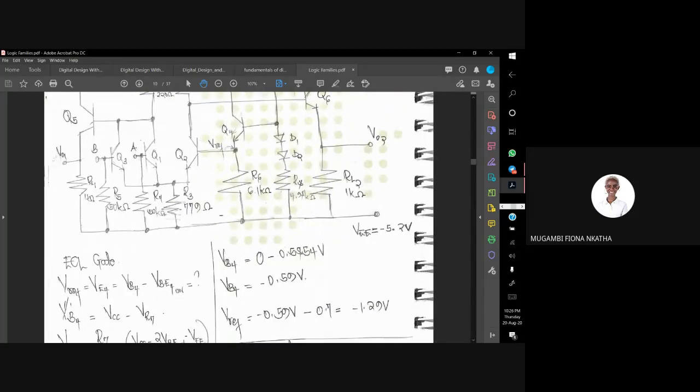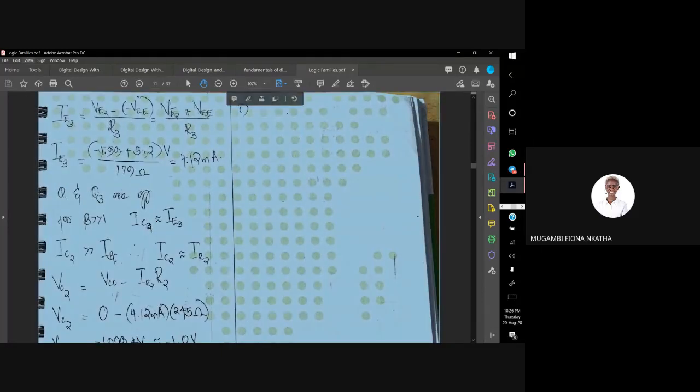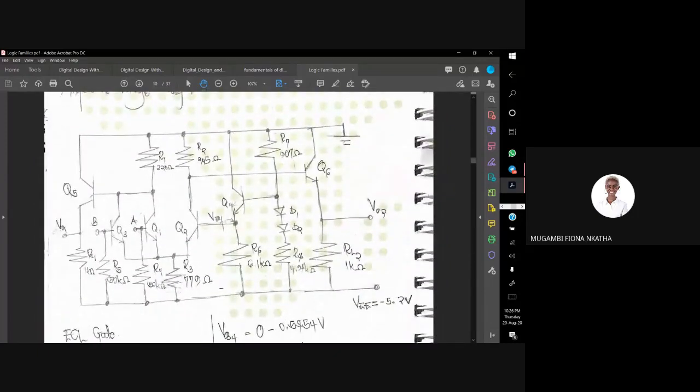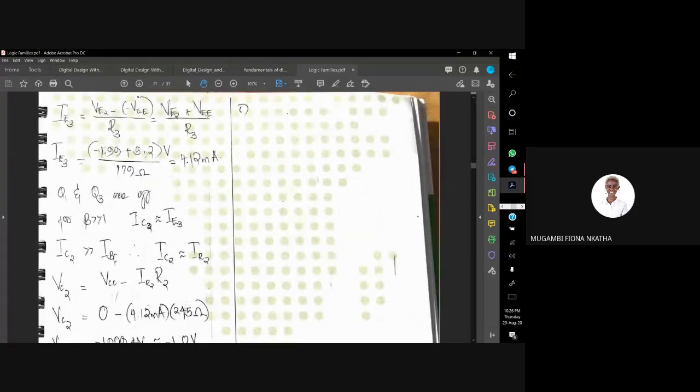Now we go to our IE, I mean the current through the IE3, the emitter current. So you're going to say VE2 minus, sorry, that's wrong, the current through the